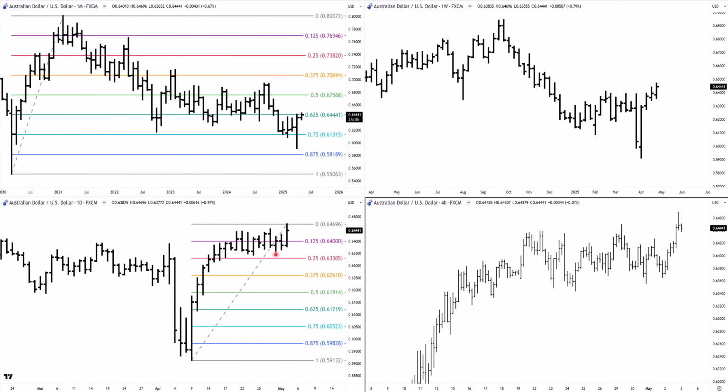Technically, the low was there on the 30th of April, but in terms of cycle work, I had the 29th for a high, I had the 2nd for a low, and the 2nd was Friday's bar there, and that's where the market has accelerated from, where it's taken off from.